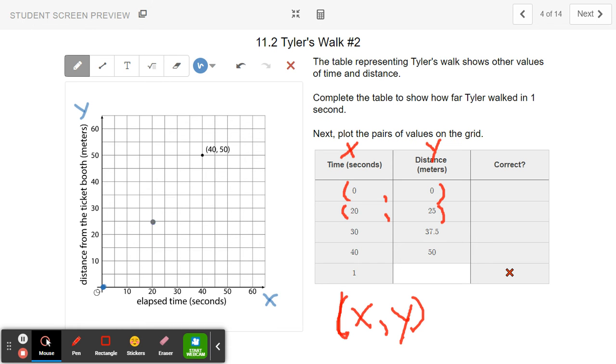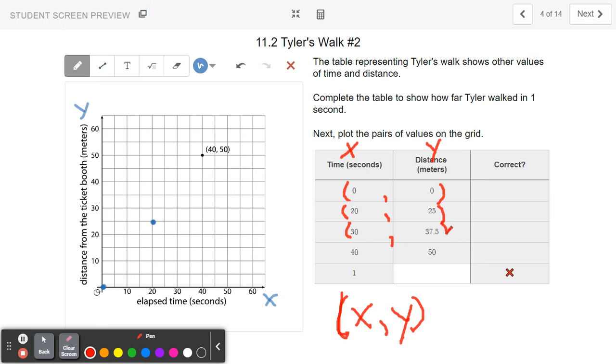Things to notice is my scale. This is 0 and this is 10, which means the one in between has to be 5. So I know these are going up by 5: 5, 10, 15, 20, 25, 30, and so on. Same thing down here, 5, 10, 15, 20. Okay, the next point is 30,